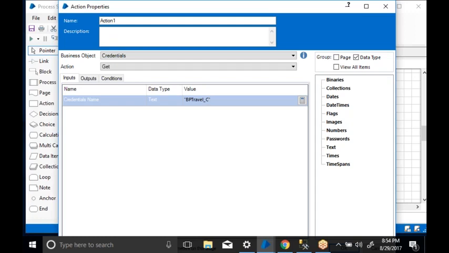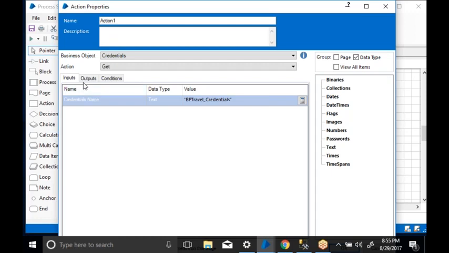Why am I doing the same inside the process? As a best practice, I should not call objects inside an object. That's why I am calling the credentials object inside my process, and again I am calling my application object inside my process. Now I will take the credentials from the credential internal business object, and I will pass them to my application object.